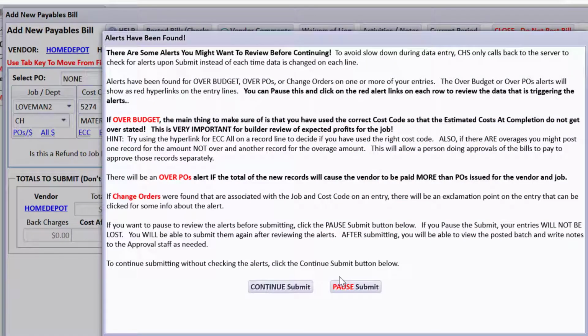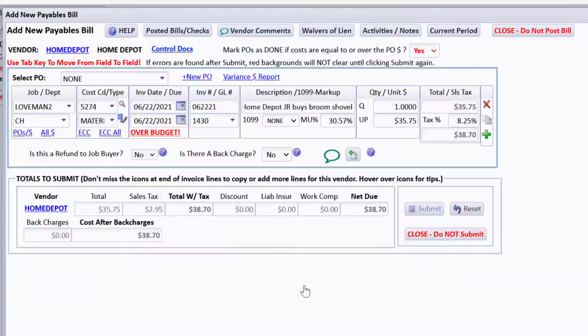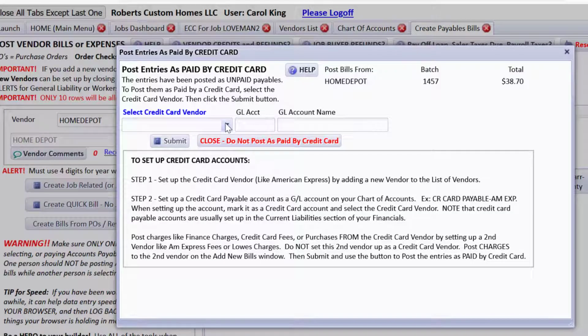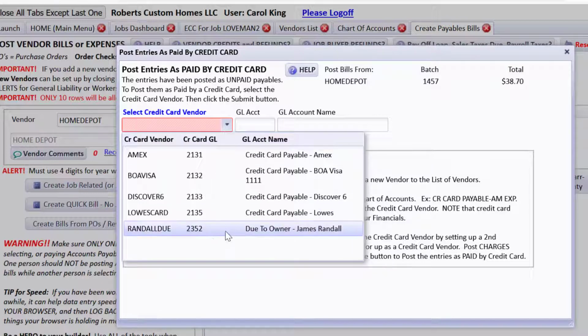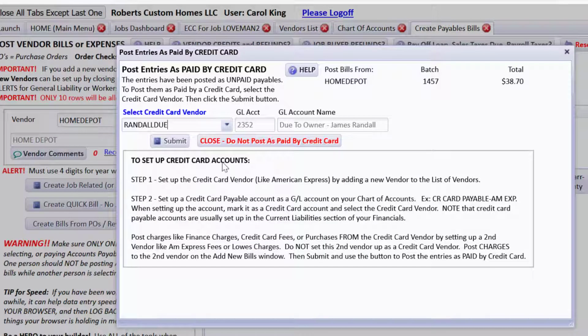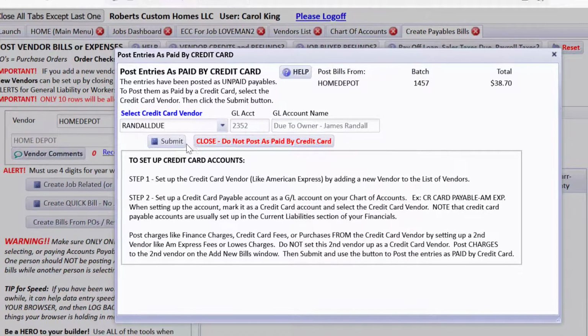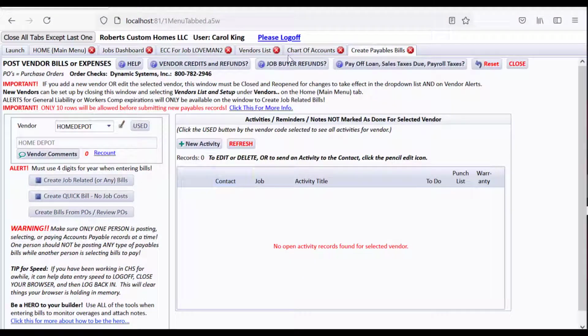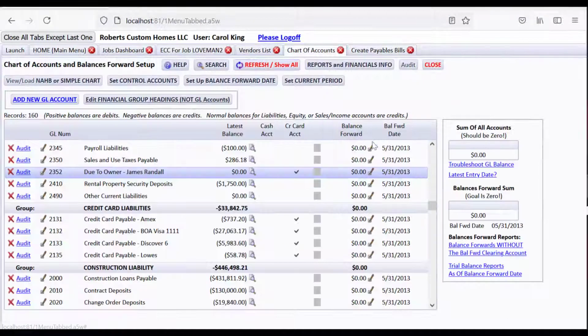We didn't budget for those tools and supplies, but the owner went and did it anyway, so I won't take time to look at that. I'm going to post as paid by credit card. And in the drop down, because I set up Randall Do on the chart of accounts, this way I can submit it and close. And if I go back to that chart of accounts and refresh it, because it is showing us balances, you can see that right here, now due to owner is